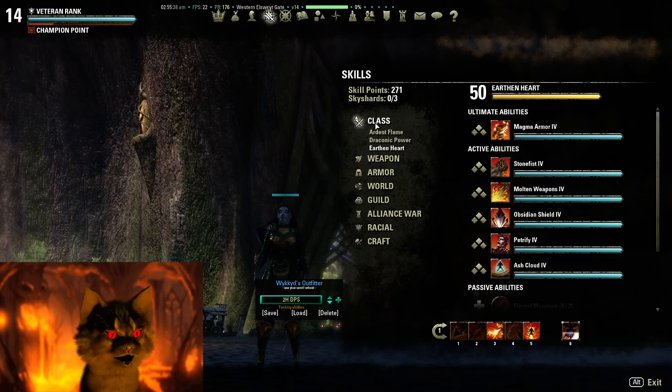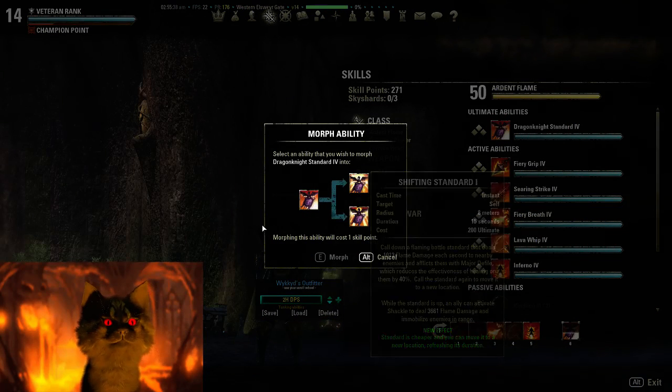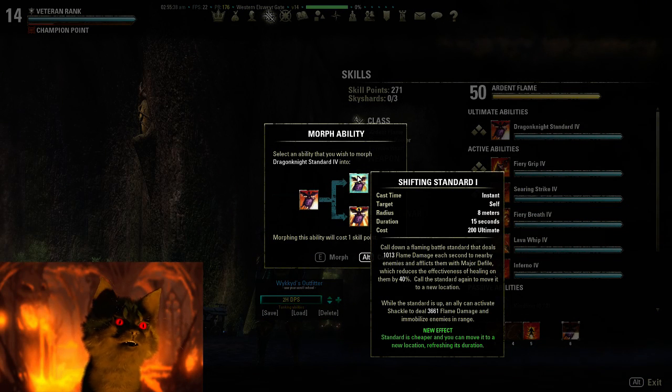So with the Dragonknight line, we've seen some changes with this, and now they're starting to get into a little bit more stamina and magicka abilities and morphs here. Now with the standard, we've changed up a little bit here, where it's added a little bit more to the ultimate you need, but the shifting standard is currently 200 ultimate, and you can refresh it by moving it back and forth. It's good for PvE for this stuff, and it also gives you certain things like Major Defile, which